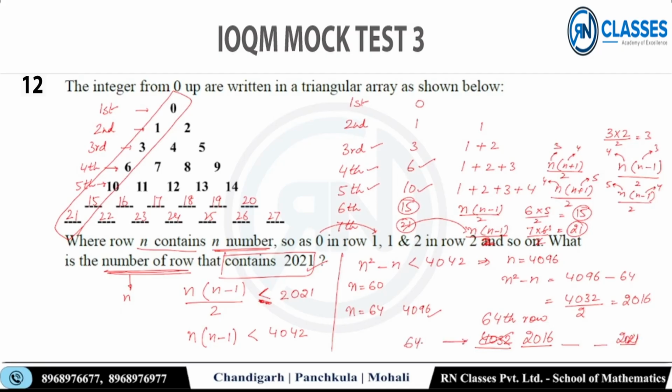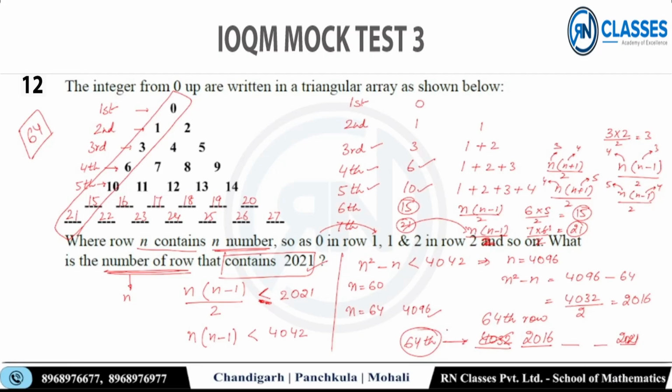उसके बाद मेरे को जाना कहां तक है, 2021, वो उसके आगे ही है, तो ये 64th रो में ही लाई करेगा। 63 कैसे आ गया, बहुत सारे बच्चों ने आंसर 63 उठा के दे दिया भाई। मैंने सोचा कि मैं फर्स्ट नंबर निकाल लूं, फर्स्ट नंबर निकाला, मेरे को पहला नंबर मिल ही गया 2016 मिल गया, 2021, 64th रो में लाई कर रहा है, आंसर इज 64।